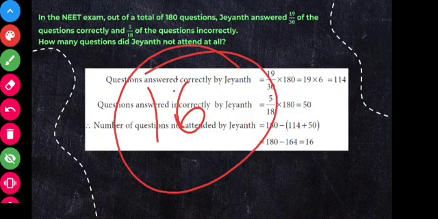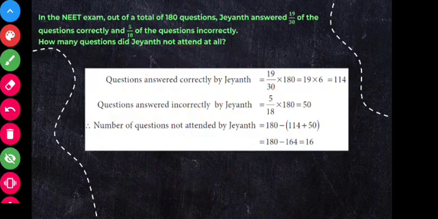Okay, so this is how you have to find the final answer for this question. And after finding the answer, you can put it back in the question and check whether the answer 16 is correct or not. Okay, so as I said before, in solving word problems, the steps are really important. You have to write the steps step by step, and you have to highlight the final answer so that you get perfect marks for the question.